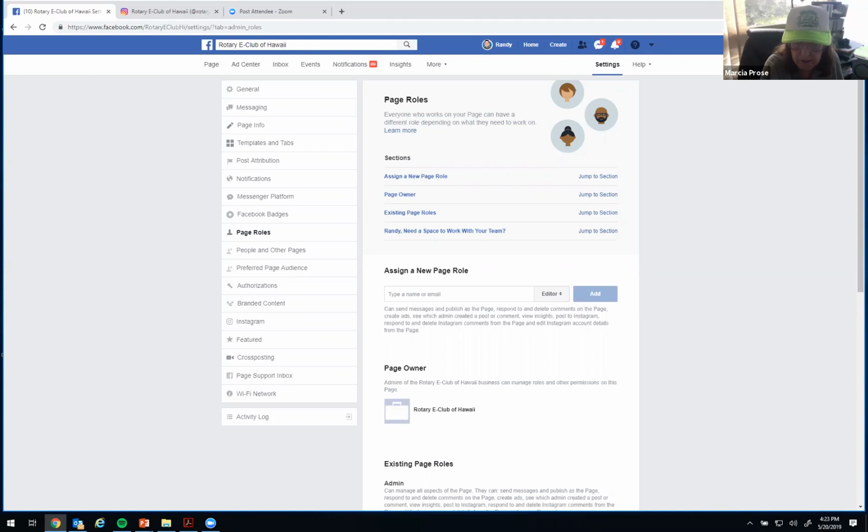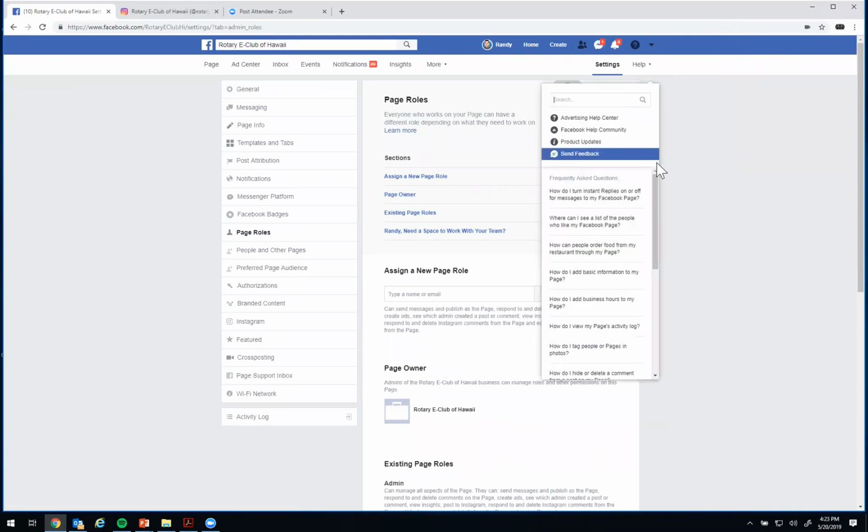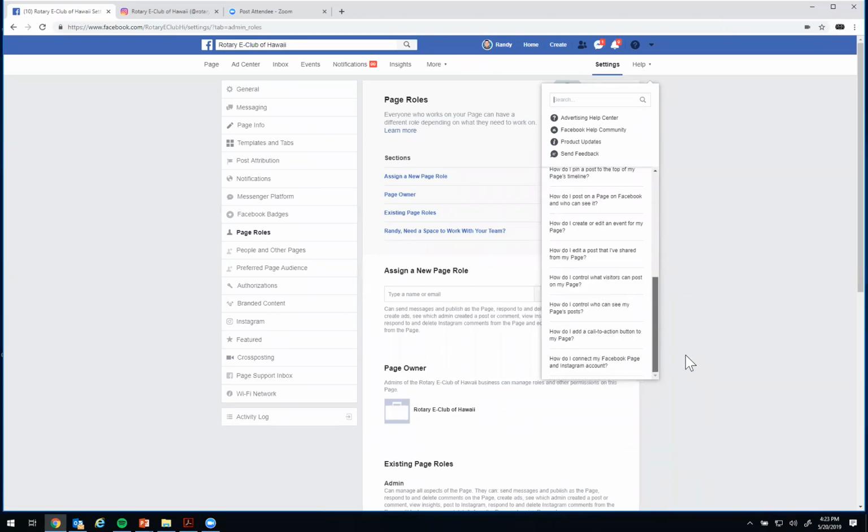How do you contact Facebook? Oh yeah, if you see on the right-hand corner, there's this help button. You can either send feedback, or there is a corporate number on the bottom. Hold on, let me see where it is.